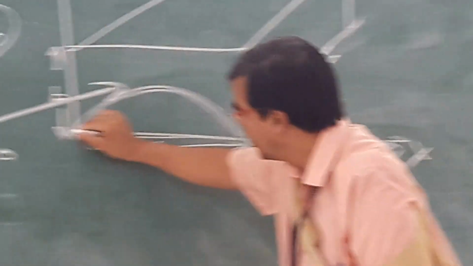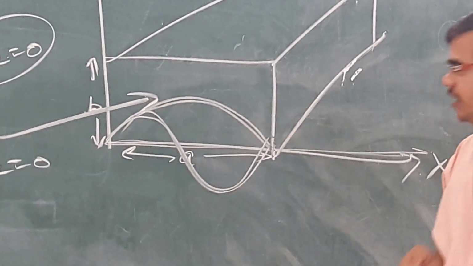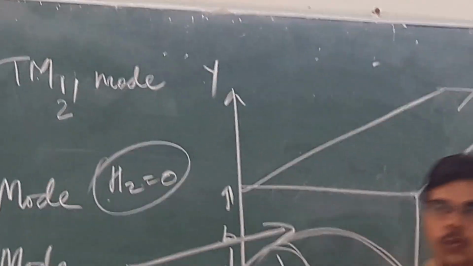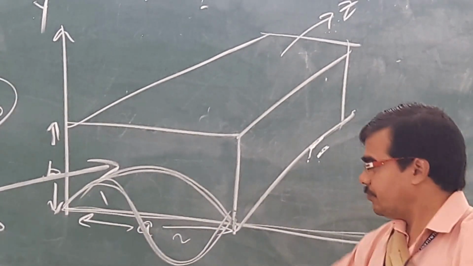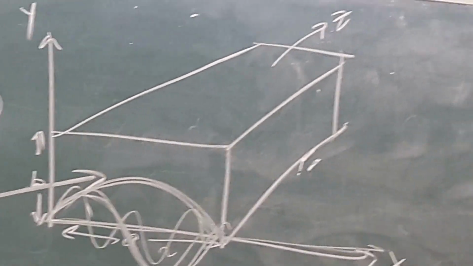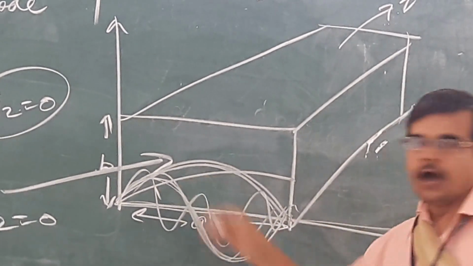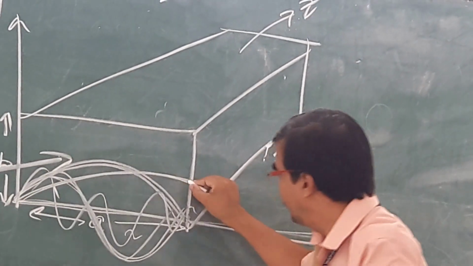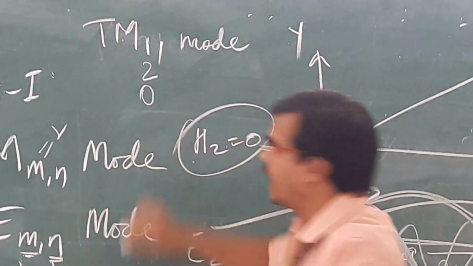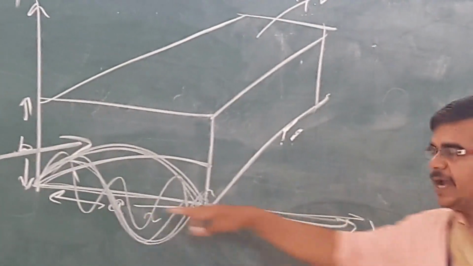Okay, so if you are having just one half cycle in your x-axis, we will say that your m is 1. If in your x-axis you are having two half cycles, this one complete cycle, this is 1, this is 2. So we will say that your m is 2. Okay, so here you are having 1, here you are having 2, you can have multiple also. Okay, it may be possible that you have a cycle which is not yet completed, it is not yet half also. So if it is not yet half, then we will say it as 0. Okay, so this we are talking about your x-axis.